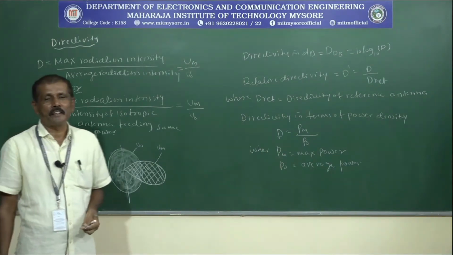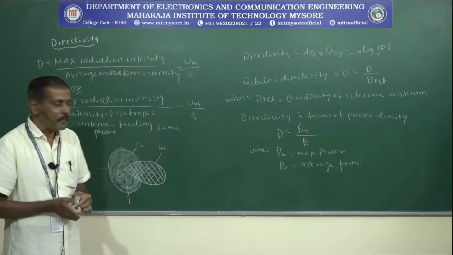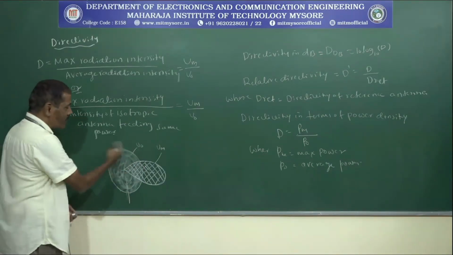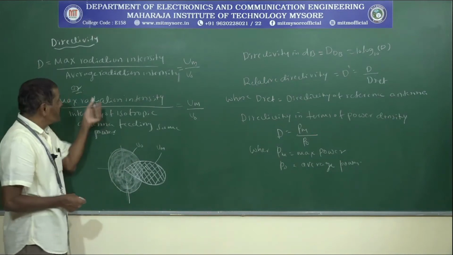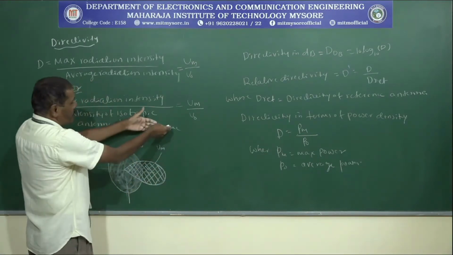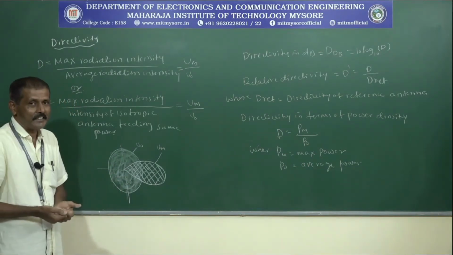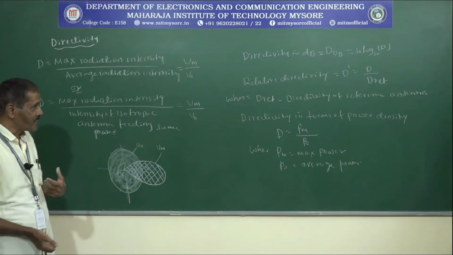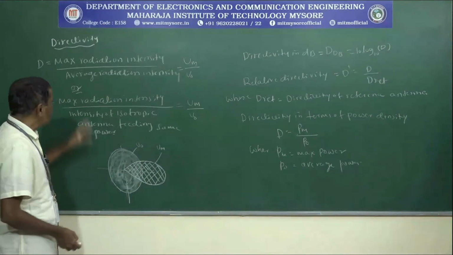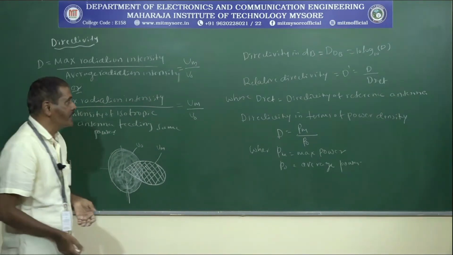Directivity indicates how, in a particular direction, your antenna radiates the power. If you closely observe, your antenna is radiating uniformly in all directions. But this directivity indicates that in a particular direction, either along these directions or making a certain angle, if you want to radiate the signals, then we take the directivity. The ratio of this divided by this indicates how much power is radiated in this particular direction.